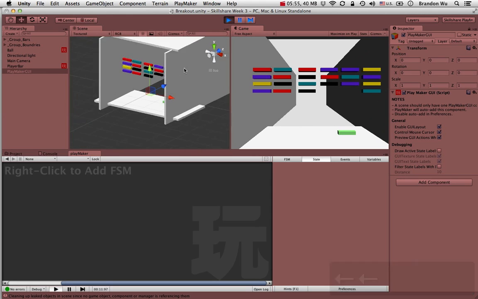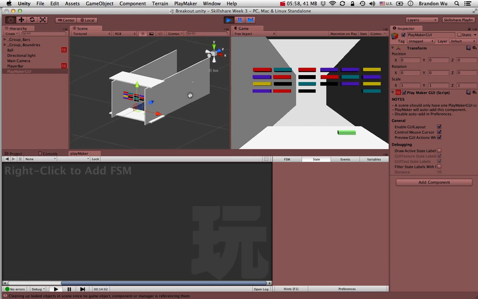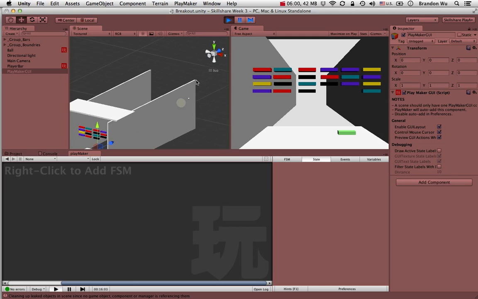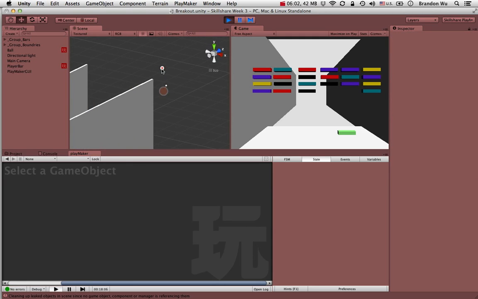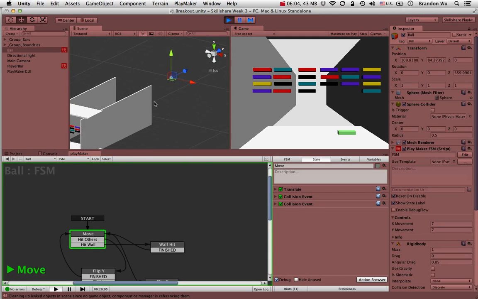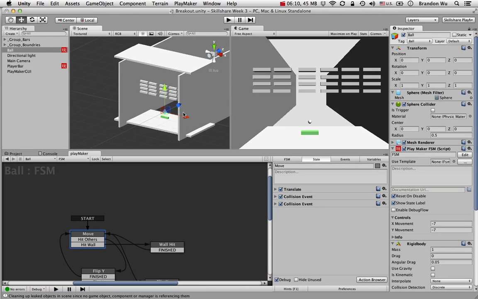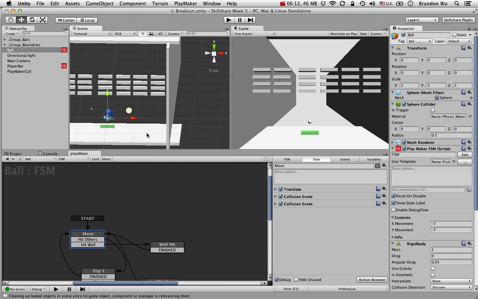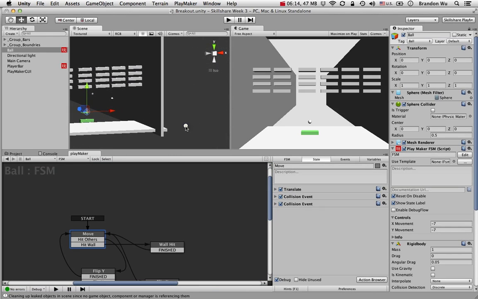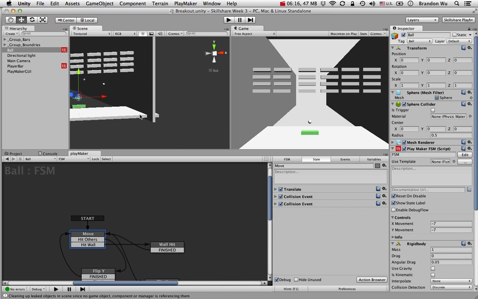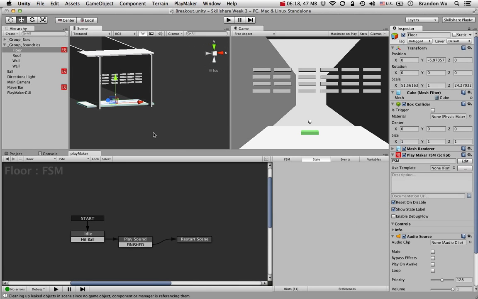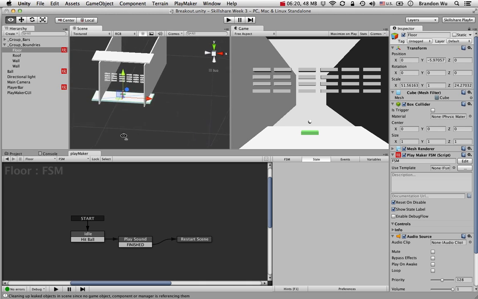And you can see that, funny enough, the ball sort of went through the wall. So there is a bug somewhere here. If we're not careful, the ball could go through in between these two things. So we can quickly fix that by